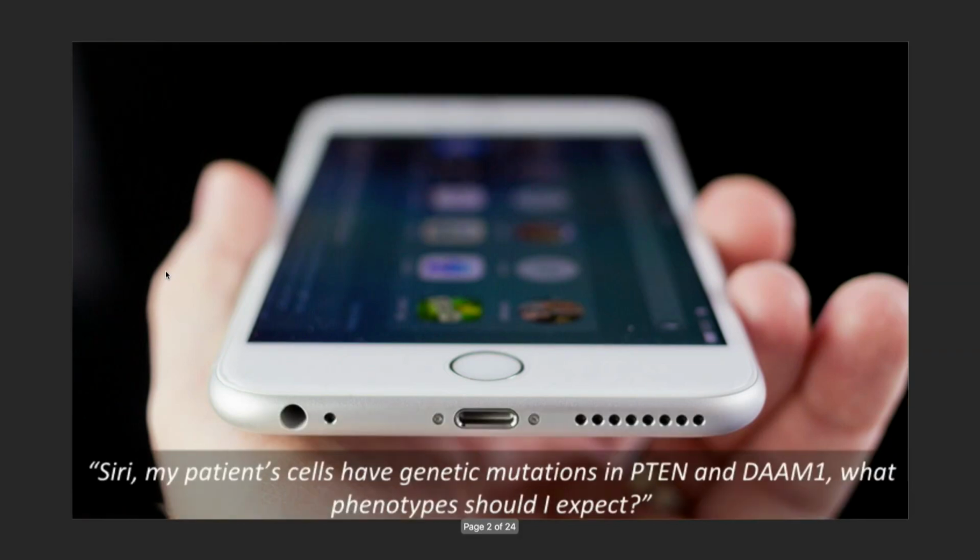So what if you could ask Siri questions like, Siri, my patient cells have the following genetic mutations in PTEN and DAM1, and of course these days it's an entire genome sequence worth of mutations with hundreds of different mutated genes, not to mention all of the non-coding genomic elements to deal with, not to mention if you have a gene expression profile or other omics data and clinical covariates, and you'd like to take all of that input data and return phenotypes. And so what phenotype should I expect with regards to diagnosis or disease subtype? What phenotype should I expect, of course, with regards to patient treatment, as in a sense the holy grail of what bioinformatics is trying to do in this space.